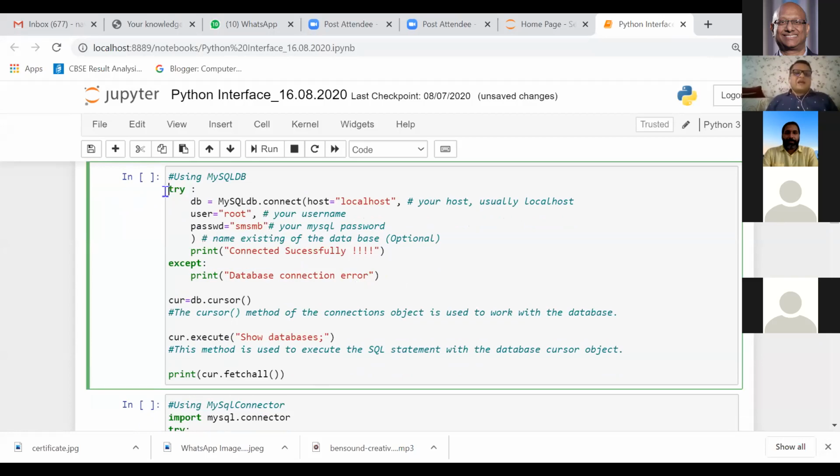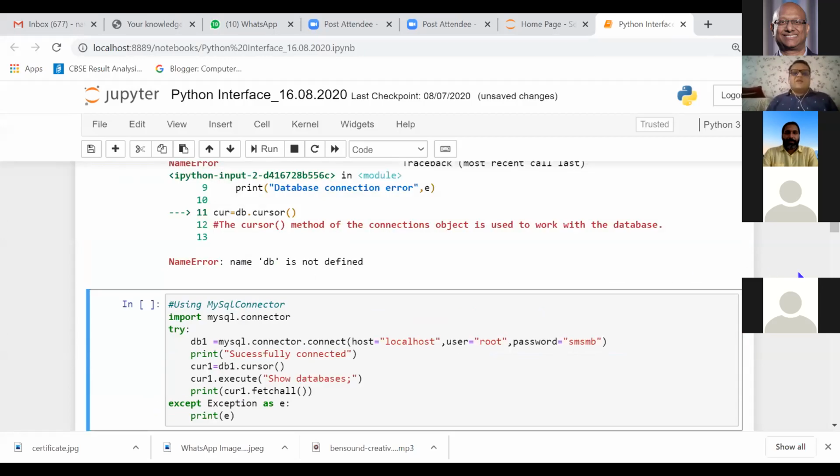I've written try here. As everyone knows, the try block in exception handling says that any error encountered during this code, the control passes to the except statement, and it will give me the message: database connection error. I'll improvise this line. I'll use the Exception class here so that I can get the major message as e. So I am using the Exception class and writing comma e here. Let's say I change this name, and let's see what error it will display.